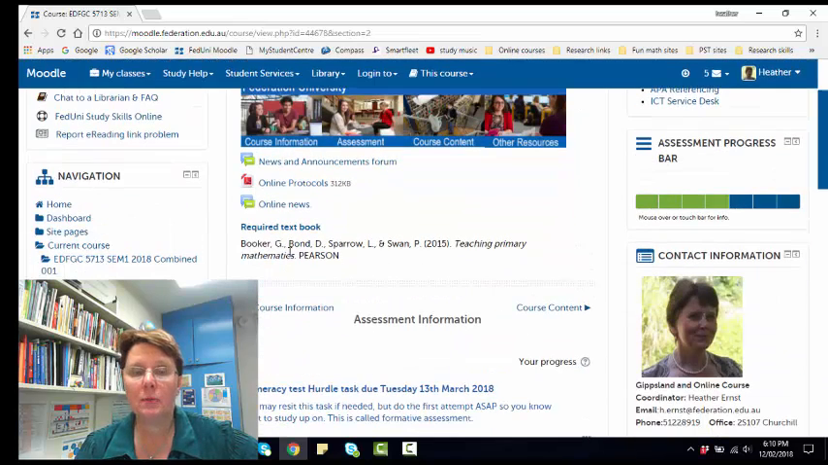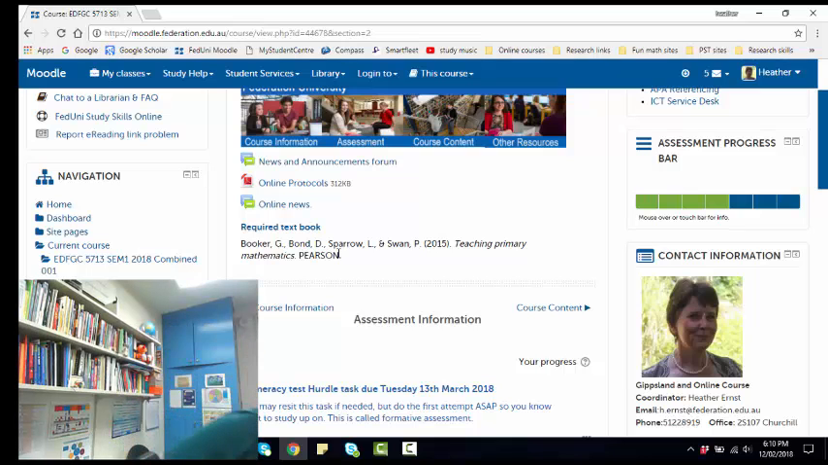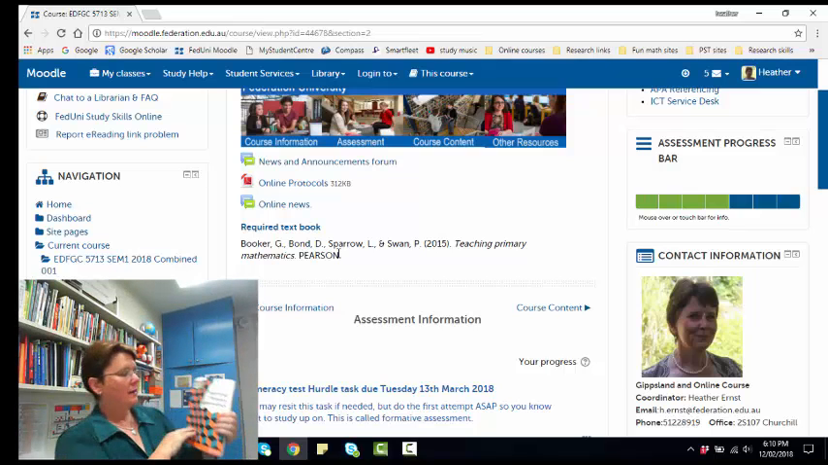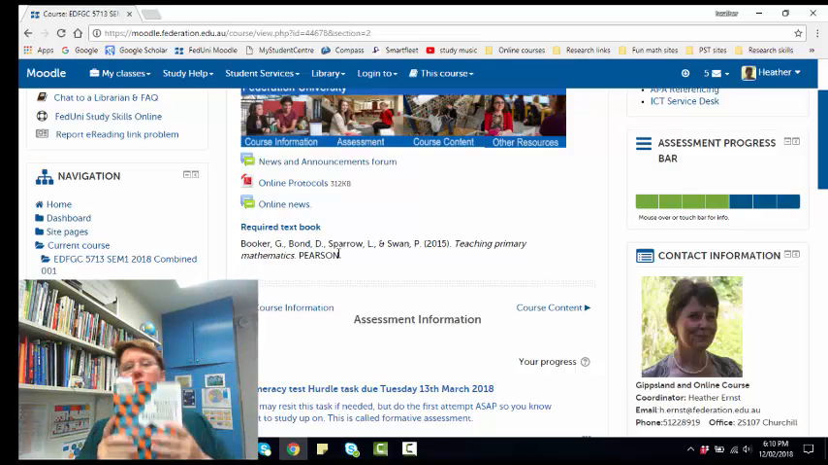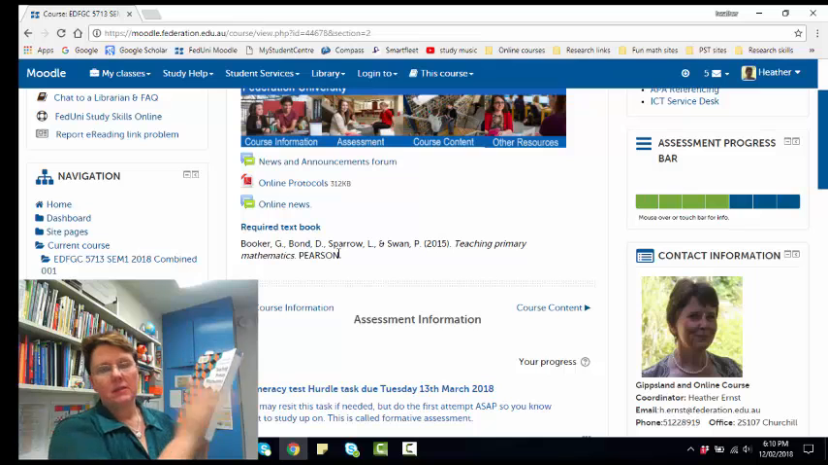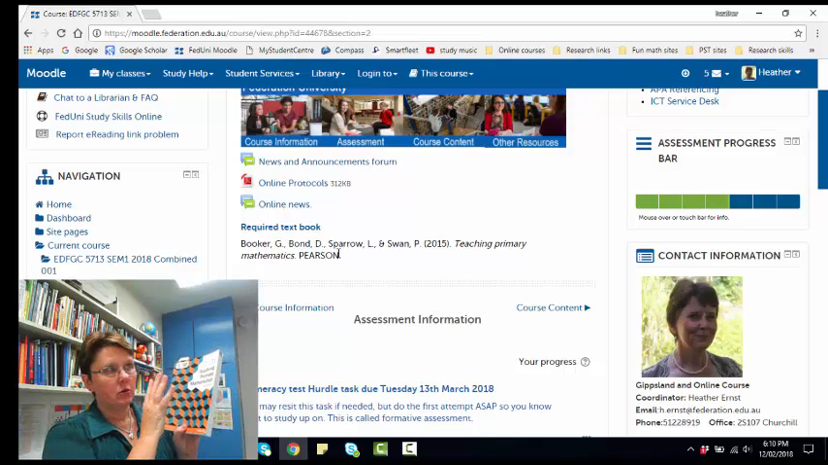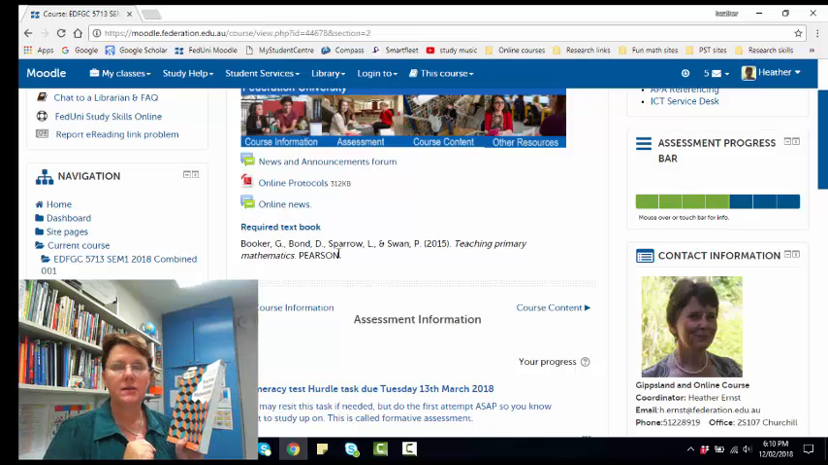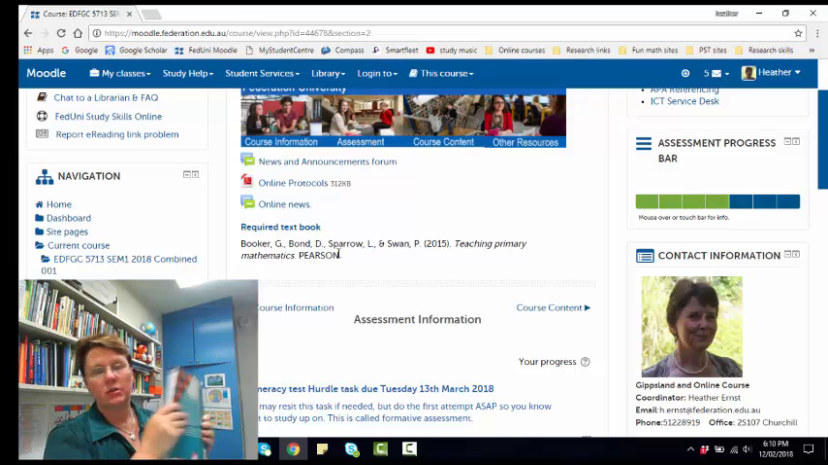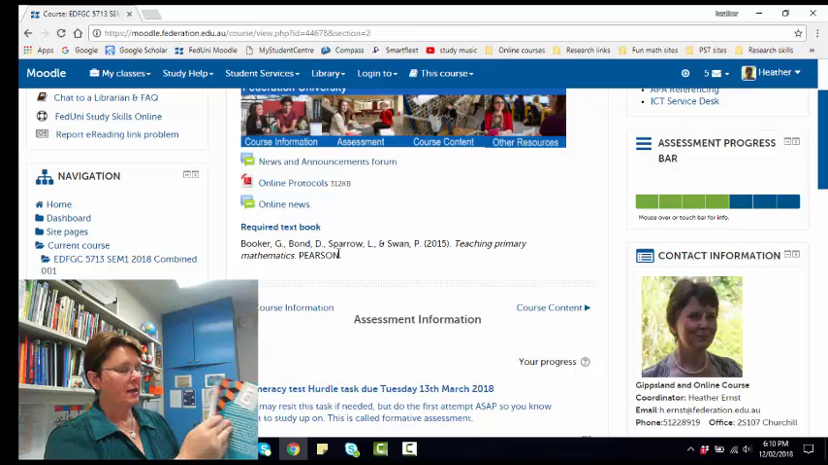So we need a book. And here is the book, and this is one that most schools will have. I know it's expensive, but you will keep this. When you are a practicing teacher, you will have this on your shelf and you will refer to it quite often, and it has